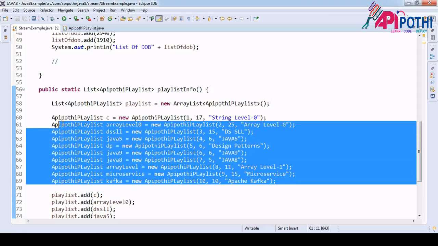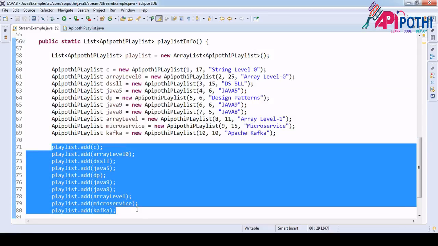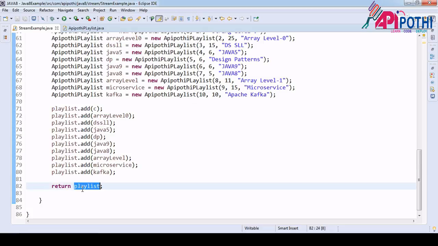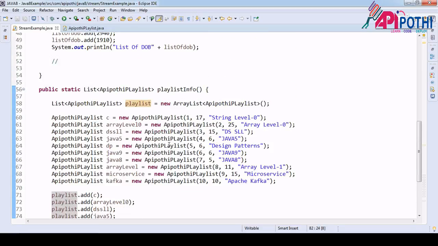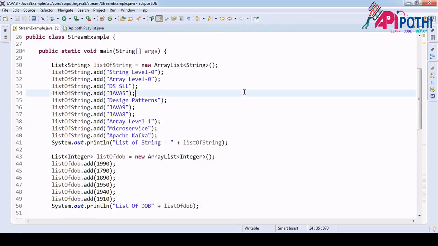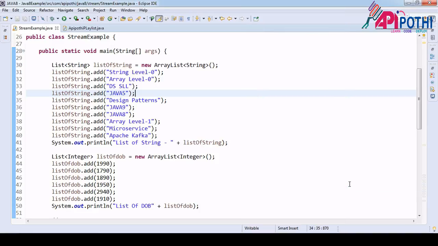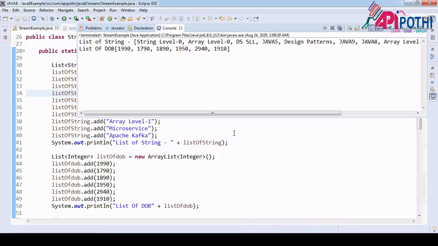We have created some objects, and we pass the same objects into the playlist type collection, and finally return the playlist. So we are just holding some data, we are not doing any operation yet. If you run this, right click, Run as Java Application, you won't see much here, just the list of strings and the list of date of birth, that's all.